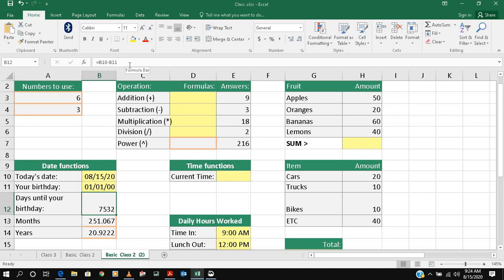How is it calculated? The formula is there: B10 minus B, meaning today's date minus your date of birth, will be 7532. The total months are calculated from B12, the number of days, divided by 30 because every month has 30 days. So it will come here. Then the year: the number of months divided by 12, because 1 year has 12 months, right?